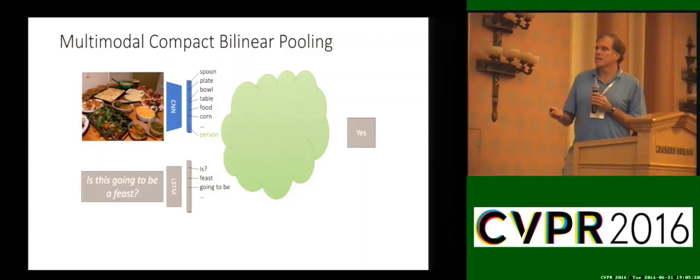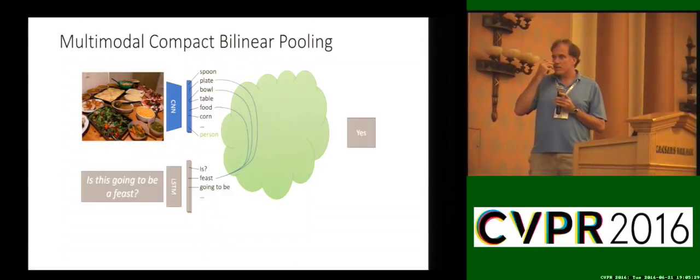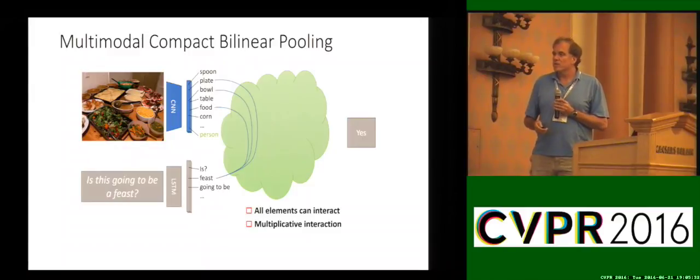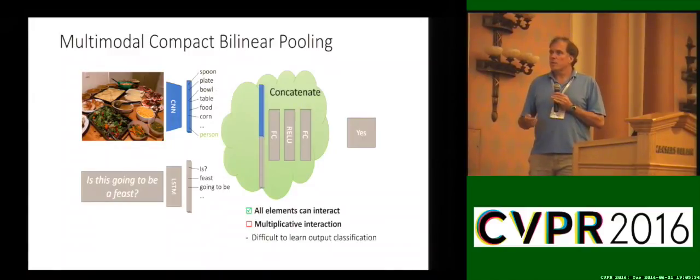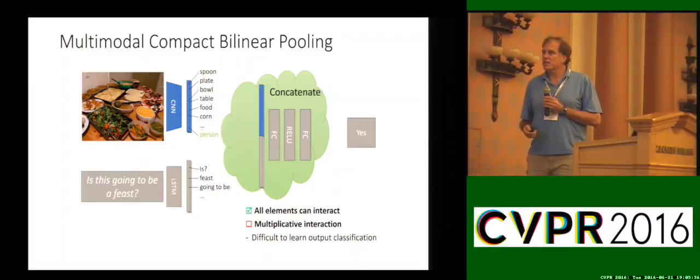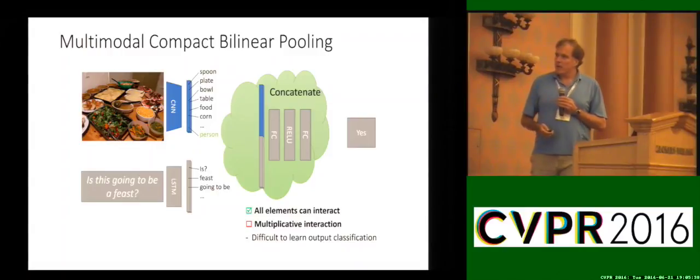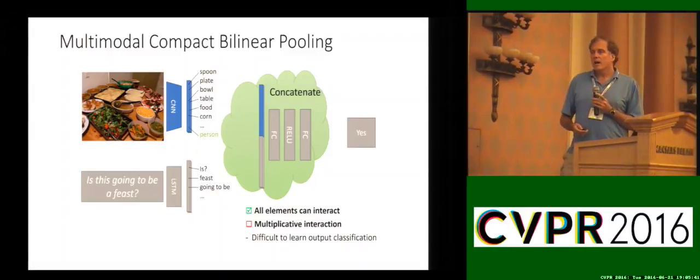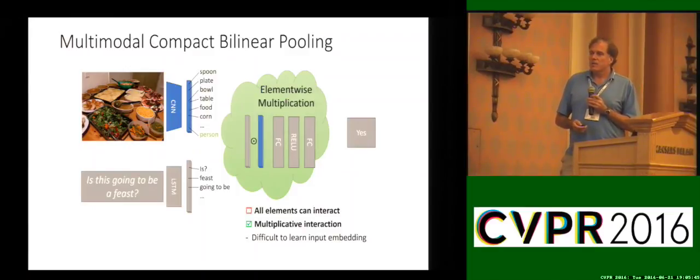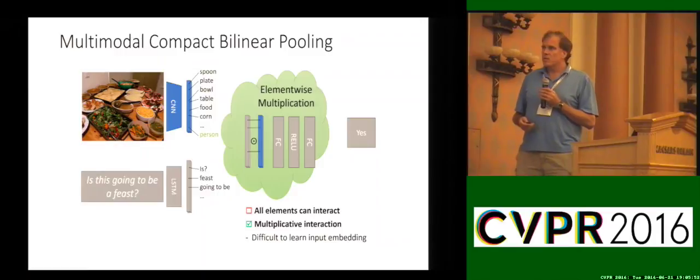Let's start by just fusing the visual semantic content and the lexical content, and finding out which words are going to relate to which visual concepts to try and answer questions. If we go to simple baseline methods of concatenation, they've gotten us part of the way there, but they don't allow the full set of interactions between pairwise components in a model. You could have element-wise multiplication, but that also misses the boat because you'd have to have perfect alignment between the